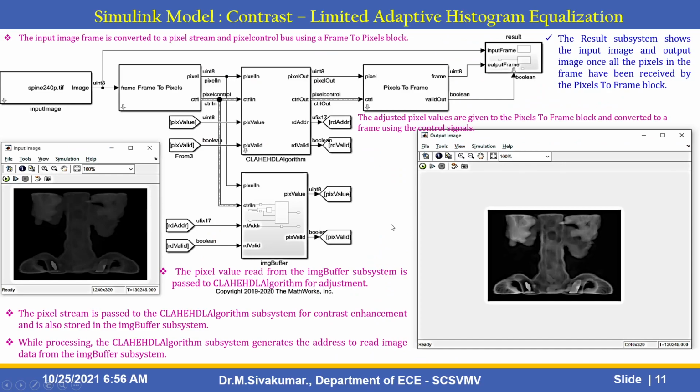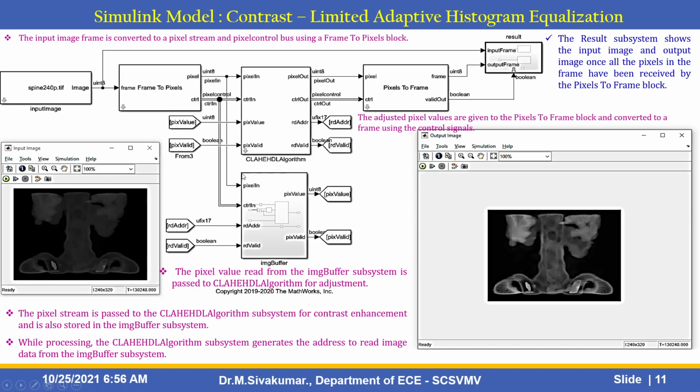This is a Simulink model of the proposed contrast limited adaptive histogram equalization using MATLAB Simulink blocks. By using the simple Simulink inbuilt block functions, you can construct this design. First is the input image block, the read image from file block. These are the input images. Normally they are X-ray images taken in low light.